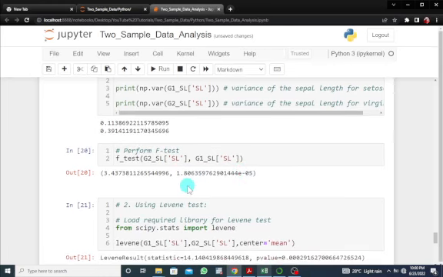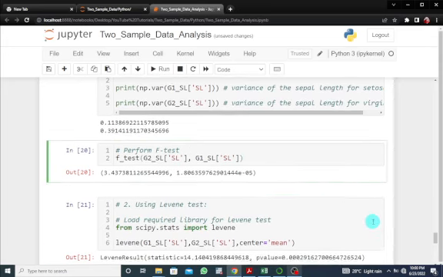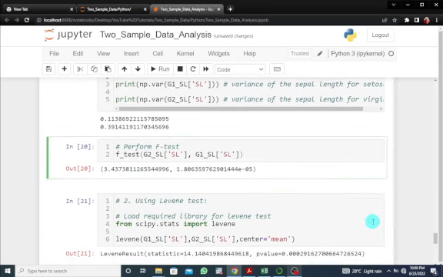So if you look at the p-value for this test, you can see that if you compare this to the alpha level at 1% or 5%, it means that we are going to reject the null hypothesis and conclude that the homogeneity of variance for these two groups is false, or basically the variances for these two groups are not the same. Okay, so now that we are clear with what to do, we can then proceed and make use of the